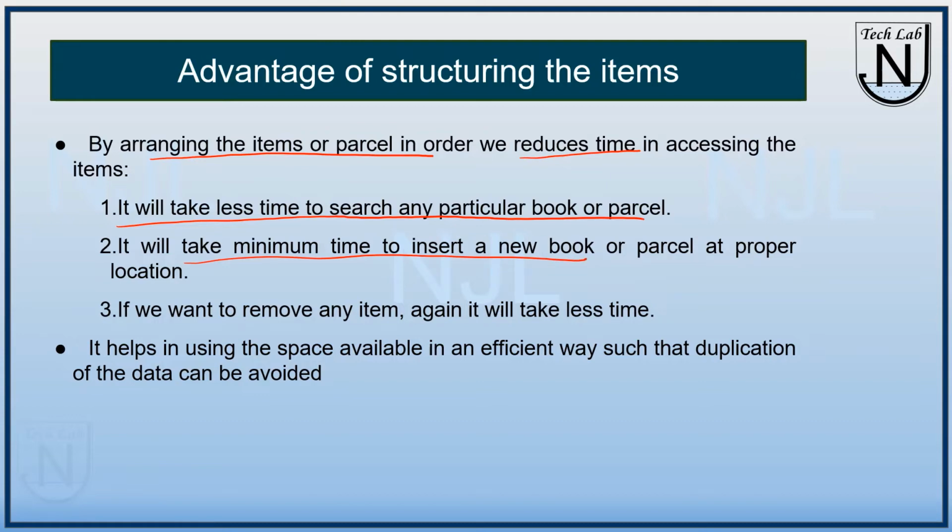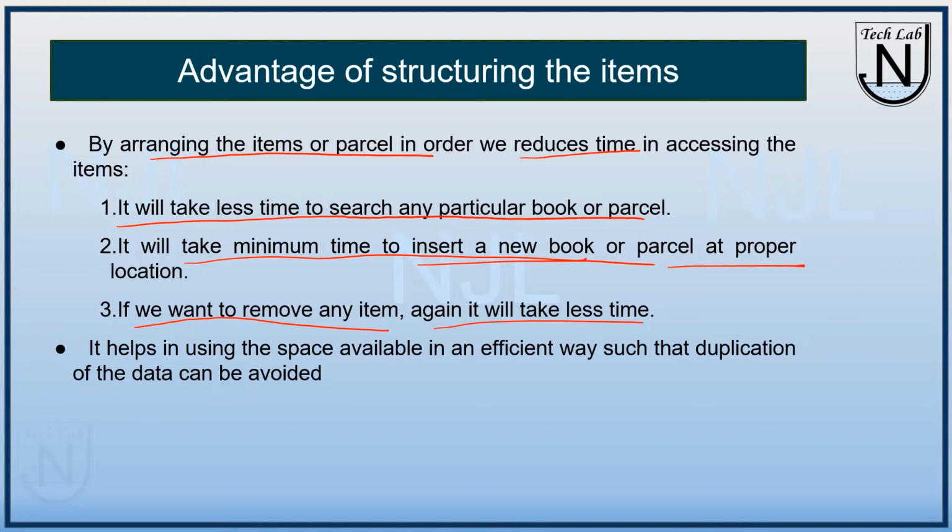Like suppose you buy another book of first year and you want to put it in a proper place. Because you know that the first year book is placed in the first slab, you can put the book over there. So in minimum time you will be able to insert a new book. Similarly for a parcel. And the third is, if you want to remove any item, again